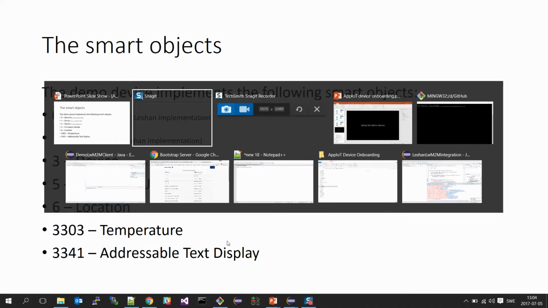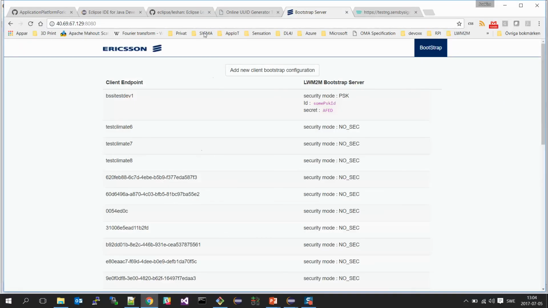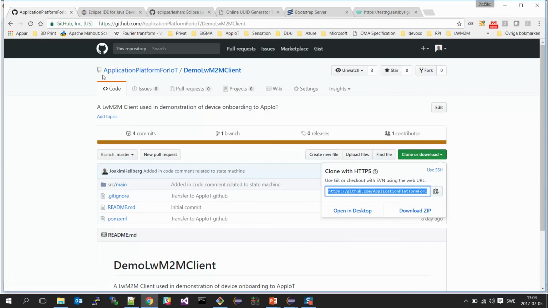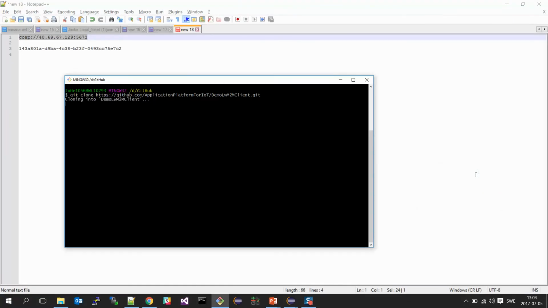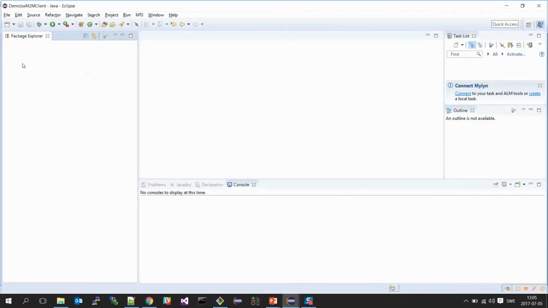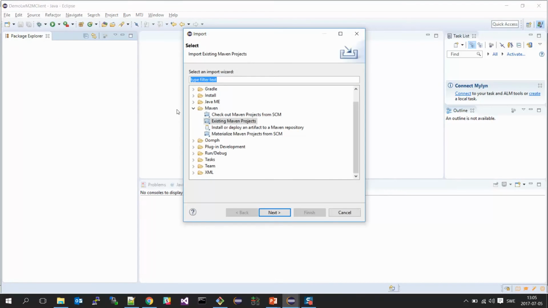So in order to get started with this, we need to go to GitHub and clone the project. So we go to GitHub, application platform for IoT, demo lightweight M2M client. We hit here, clone or download. You copy the clone URL. There. You clone the repo, and after that you go to Eclipse and right click and then select import Maven